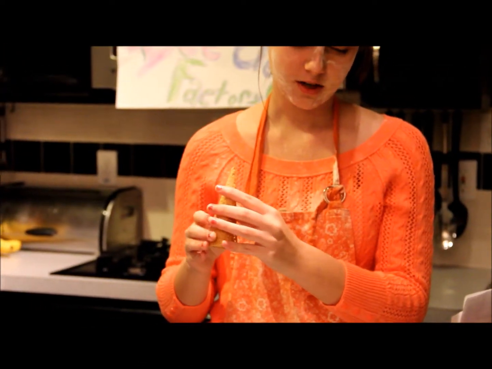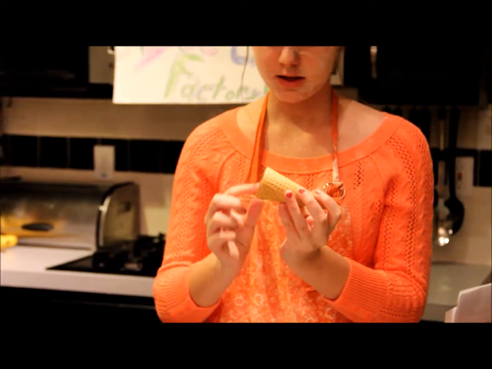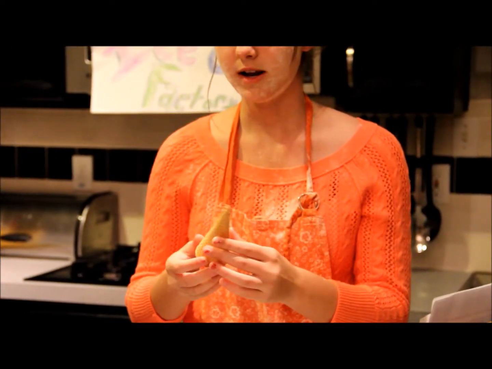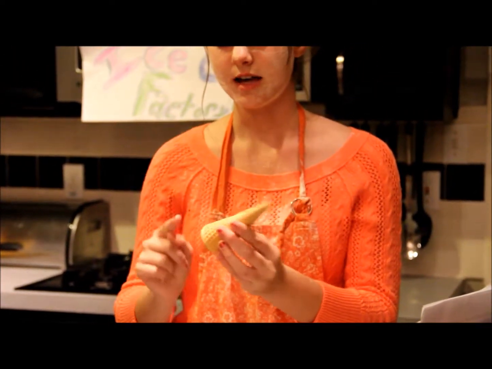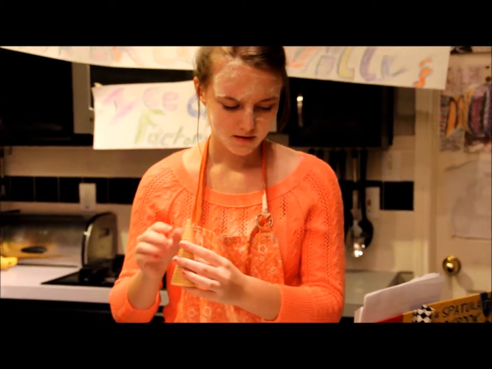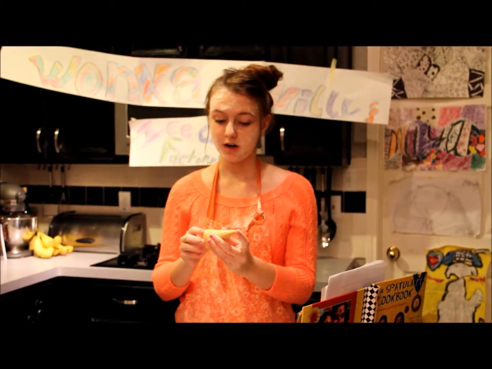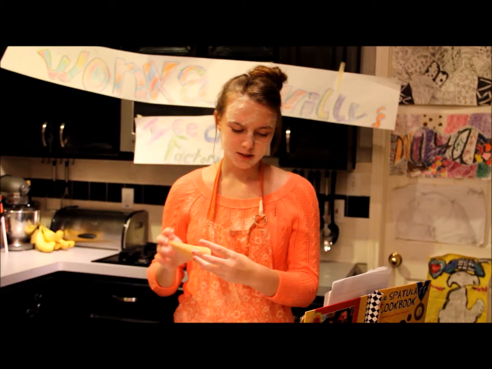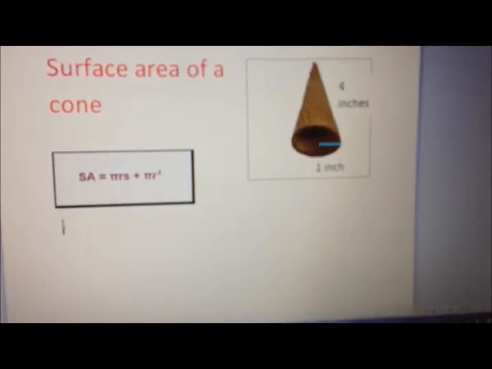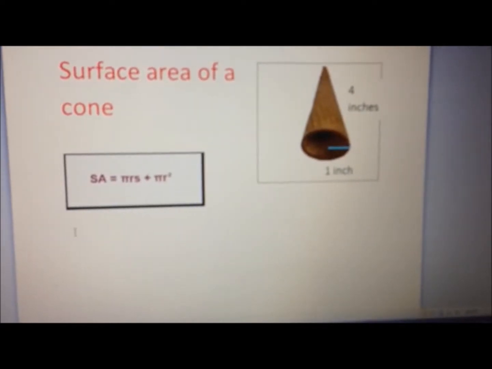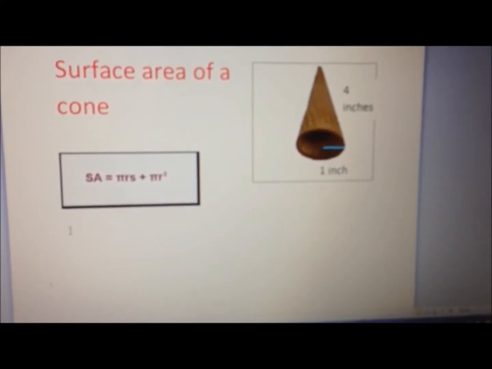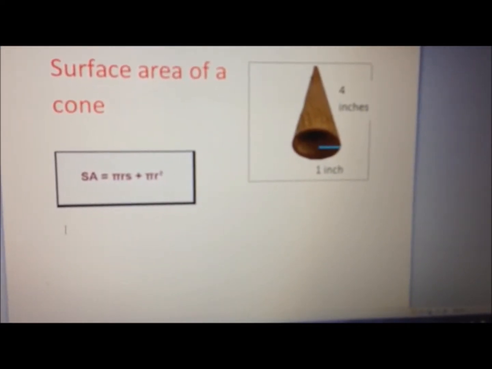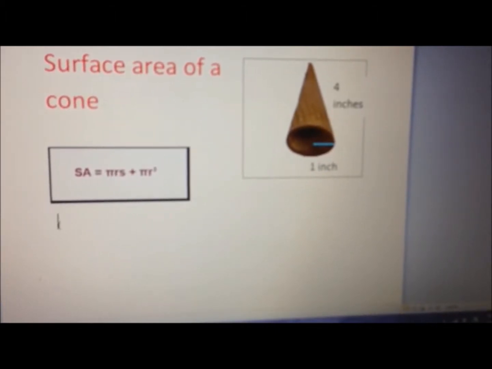To calculate the surface area, you would do area of the base plus 1/2 the circumference times slant height. And volume is 1/3 area of the base times height. Now, this specific surface area and volume. To solve for surface area of a cone, you do pi radius slant height plus pi radius squared